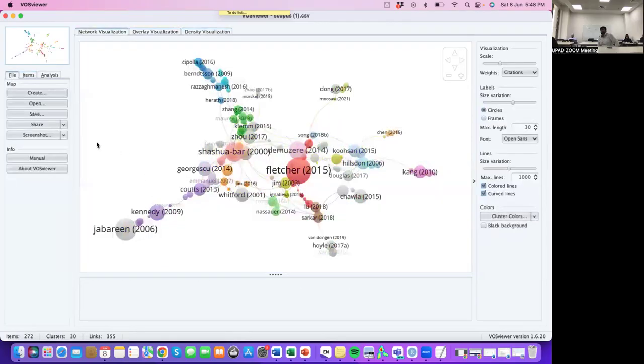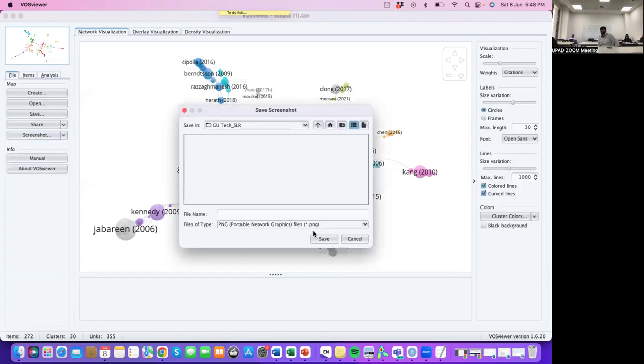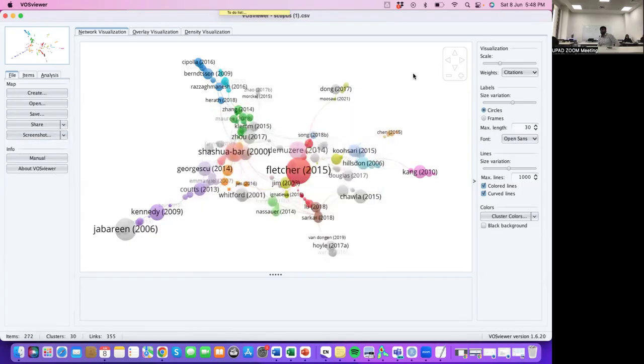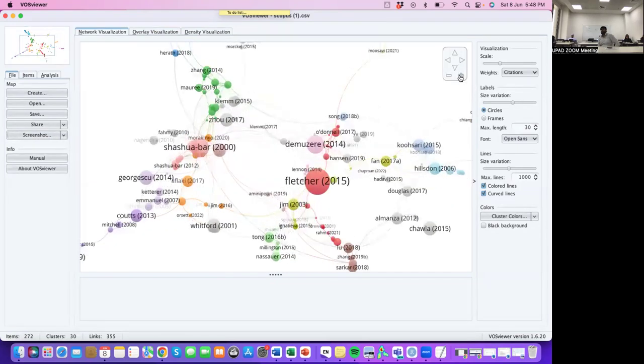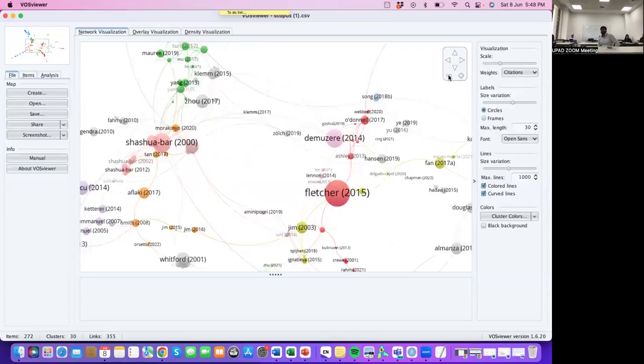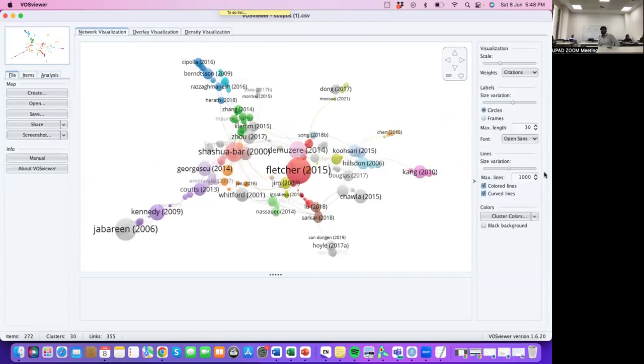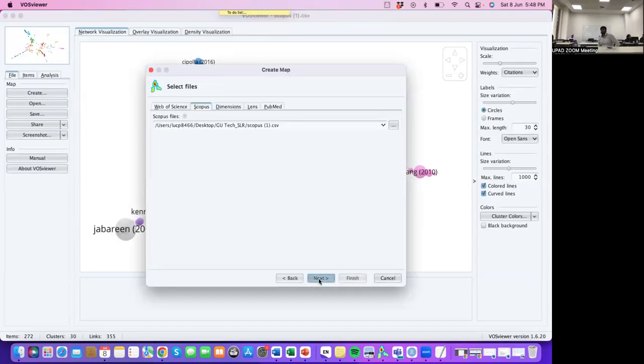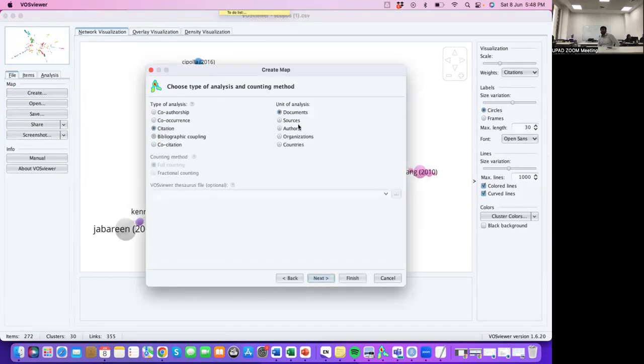And one more thing, you can easily save any visualization from here. You can click on save, and it will save a PNG of that visualization. You can zoom in if you want to see in further detail, or zoom out. So there's a lot of customization there. You can go to create and can create any other map. You can see, for example, let's see